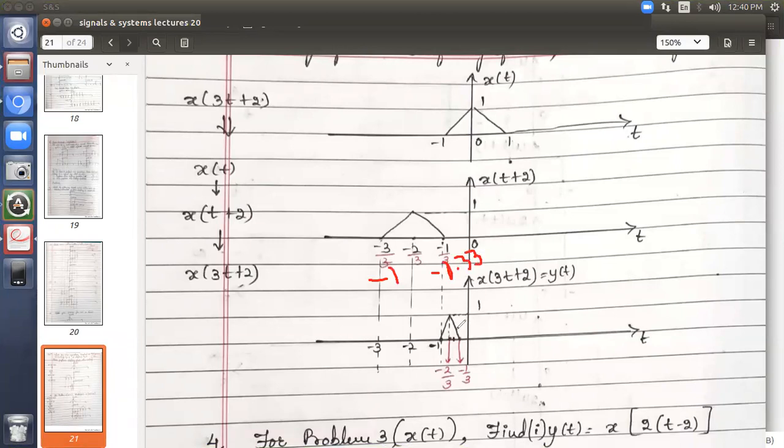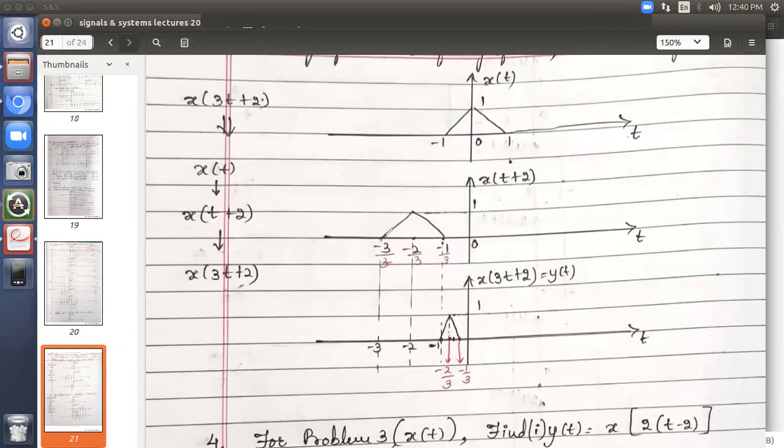So this has to be drawn between this only. Don't draw it here and put -1 here. Please don't do that. It is not comparable, because measurement says that within this only you have to draw. The new range is from -1 to -0.33. So please draw it according to the measurements and comparisons.